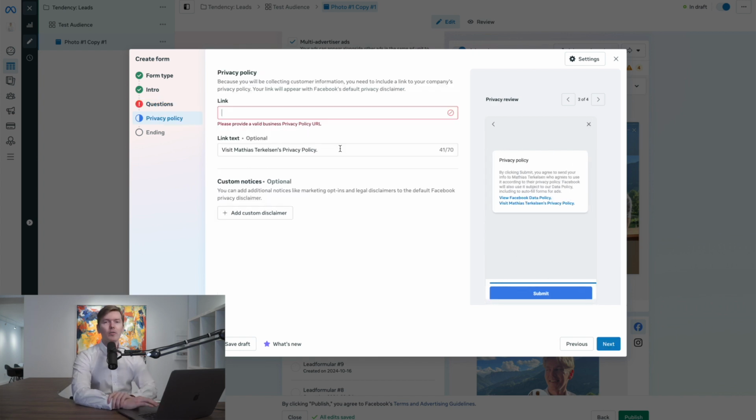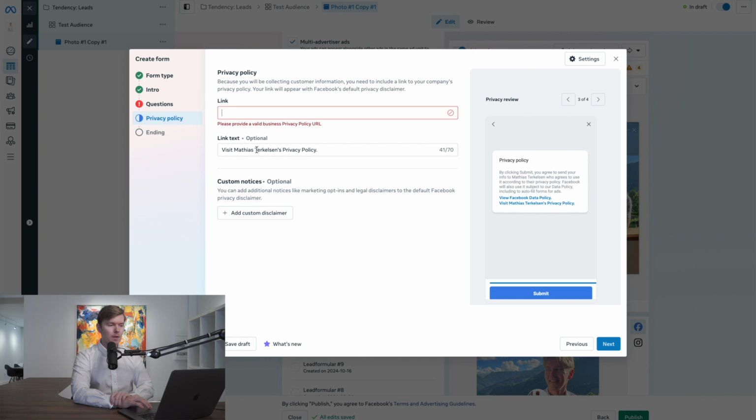So next up here, you're going to put in your privacy policy. Now again, if you don't have a privacy policy on your website or anywhere else, you can create one. It's pretty simple. Go to Google, search for privacy policy generator and create one. Go through it, make sure that everything looks good. Now I'm not going to give you specific advice on this because it's outside of the scope of this video, but you should definitely be able to create one. Put in the link right here.